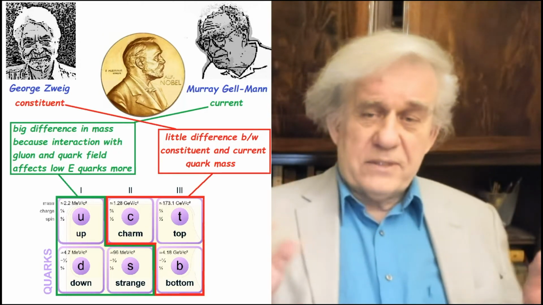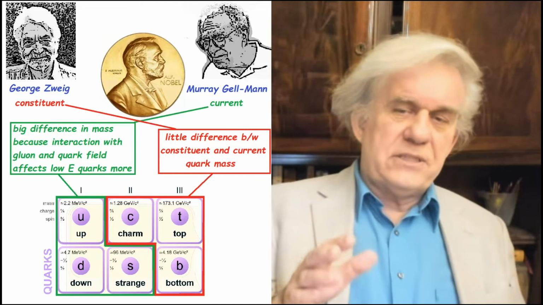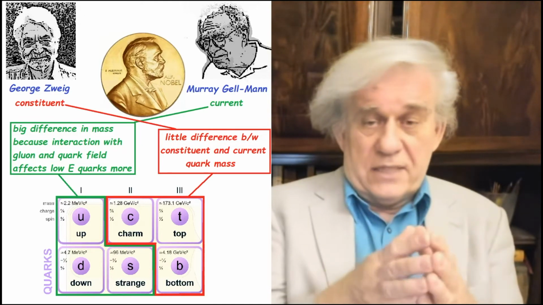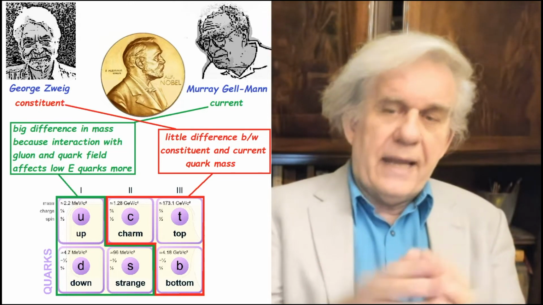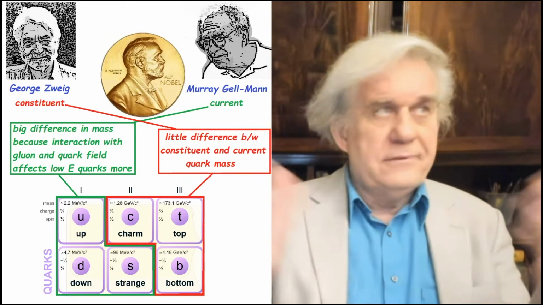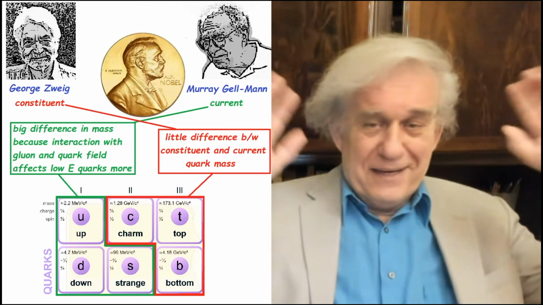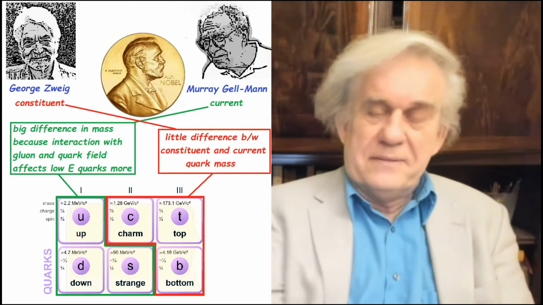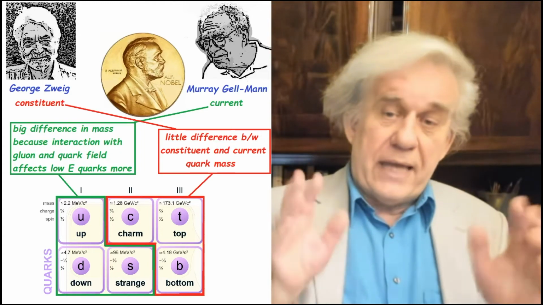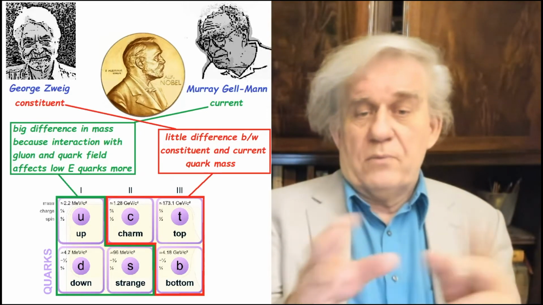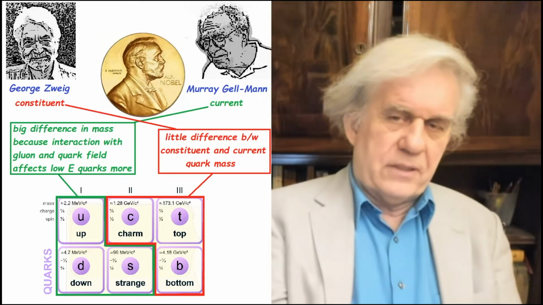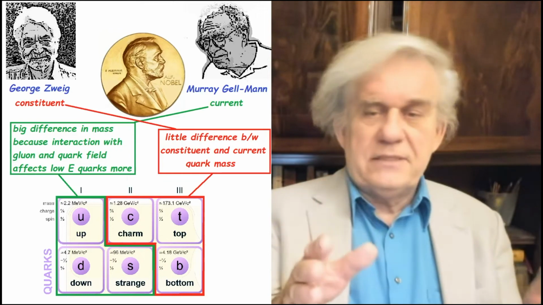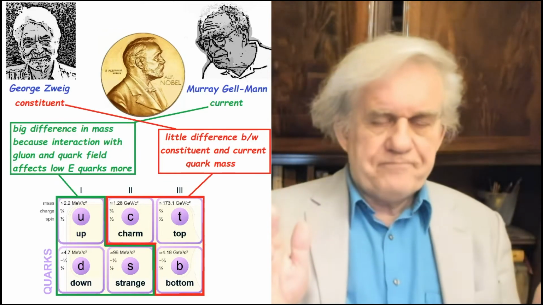What's happening here is they're looking at the interaction between these quarks inside the nucleus and inside the proton, inside the neutron, and how they interact with the gluon and, who knows, the vacuum field, whatever's in the vacuum, all these virtual particles, all these virtual quarks that are flying around in space, I don't know. So they have all this interaction, and that interaction affects the constituent quarks more than it affects the current quarks. Okay? So this was a notion that they were developing. By 1964, we have this notion of a quark.